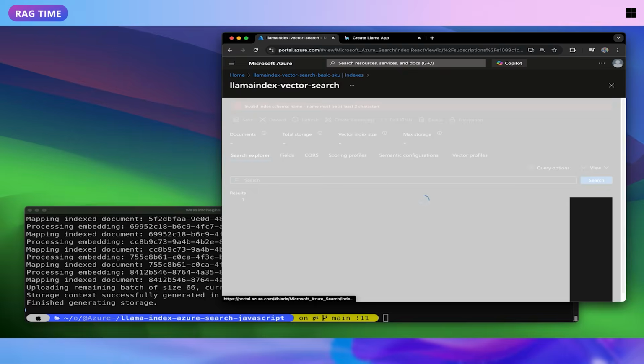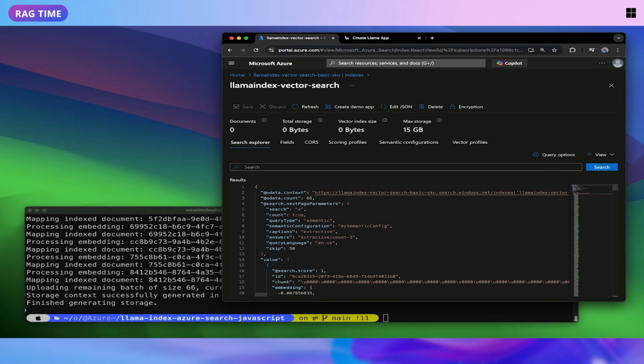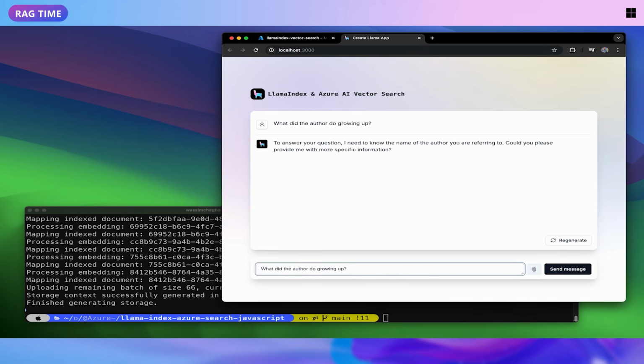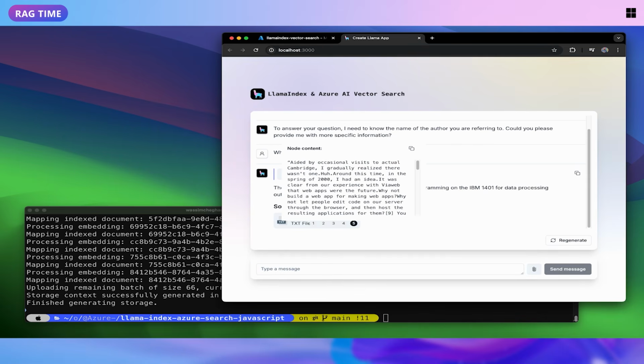And this is because it wasn't trained nor using my own data. Next, when we run a command to create and generate the vector index on Azure AI Search, the LLM is now able to find the right answer and even provided me with the exact chunks or citations that contain the response. I find this amazing.